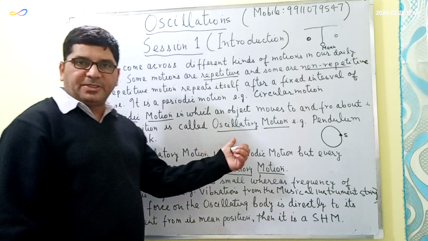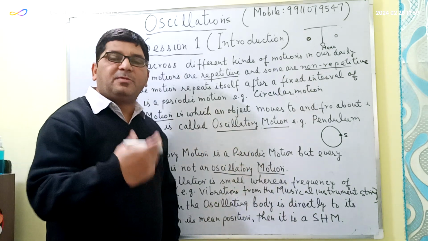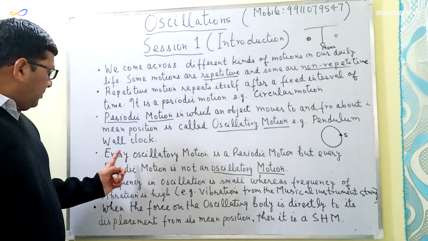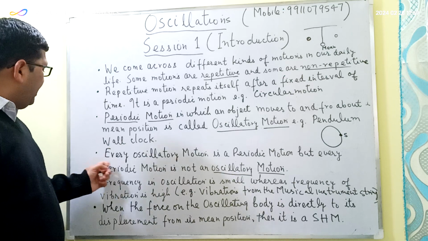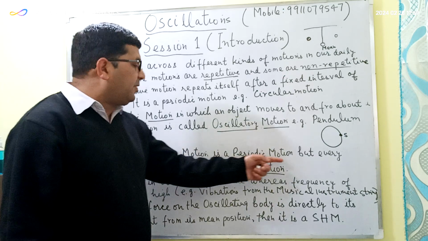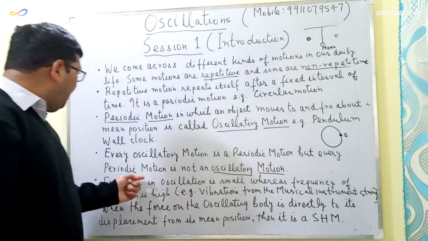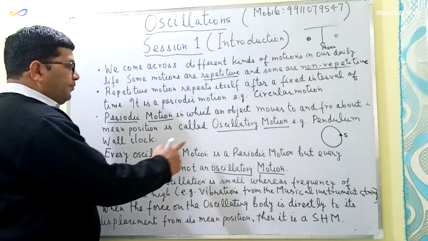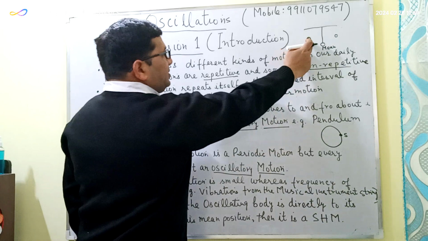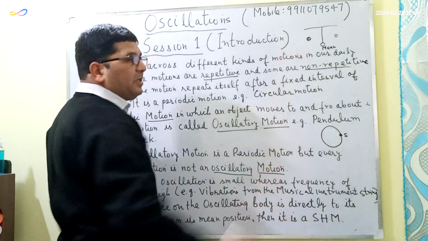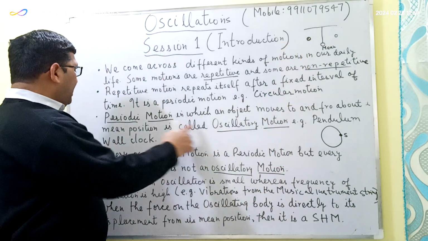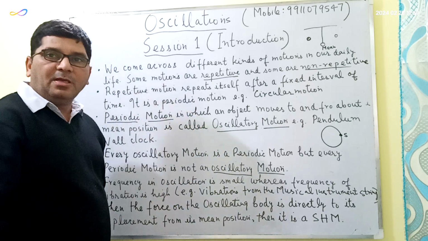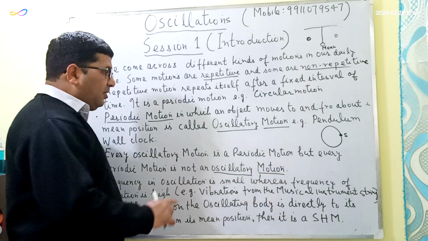It is also a repetitive motion because the motion is getting repeated after a fixed interval of time. Now in the fourth point, I have written that every oscillatory motion is a periodic motion, but every periodic motion is not an oscillatory motion. That is, this oscillatory motion, that is the oscillatory motion of a pendulum wall clock, is a periodic motion because the motion is repeating itself after a fixed interval of time, whereas